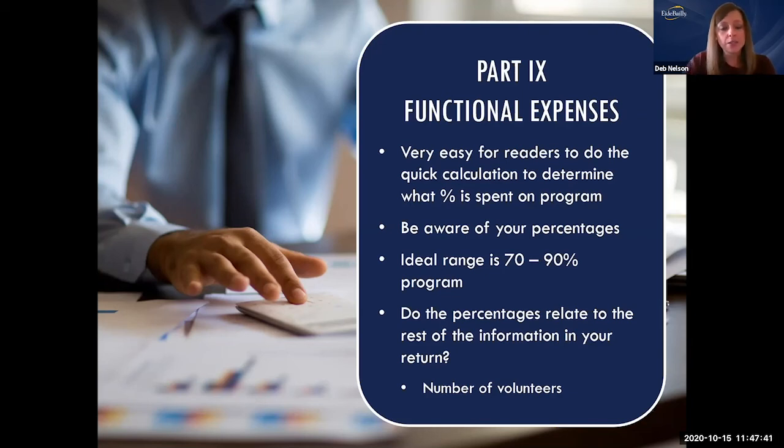I say that it needs to be looked at in conjunction with other things. So if you're an organization who relies on volunteers to do a lot of your activities, I would say you're going to be expected to have a higher program percentage in this calculation, simply because you're not expending funds for staff to do your activities. Where if you're more of a direct service provider and compensation may tend to be one of your higher expenses, it would make sense that your program service expense percentage might be lower. So again, just things to be aware of and what readers might be looking at related to that.